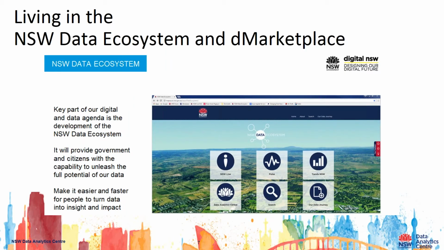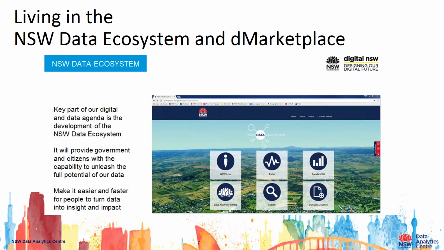We're also operating within the New South Wales data ecosystem, which is a way of sharing data between parts of government. And it's relatively new. In fact, it's very new, and it addresses some of the friction associated with sharing data. The data ecosystem is a way for computer systems to talk to each other through what we call application programming interfaces. And it takes away the friction of sharing, but not issues of governance and of the privacy.